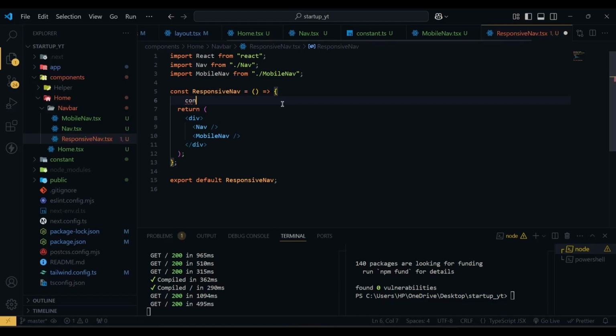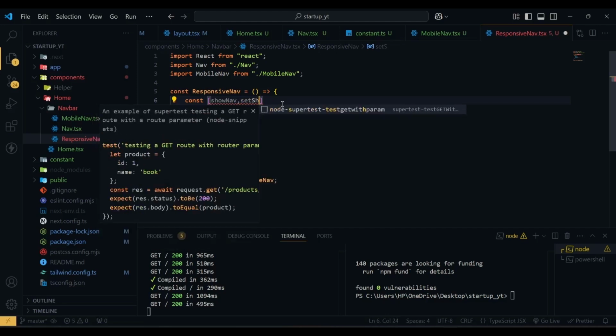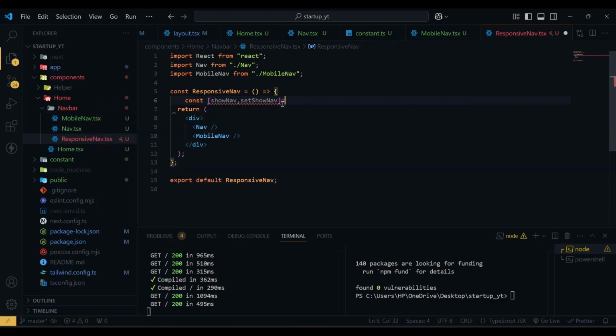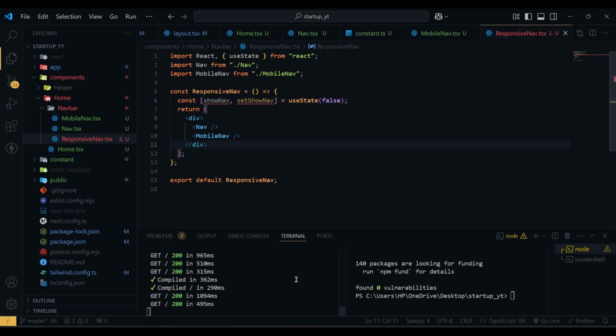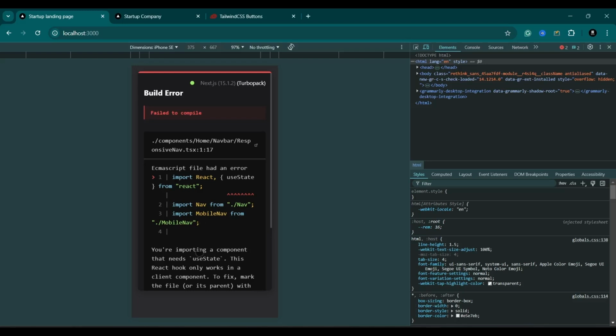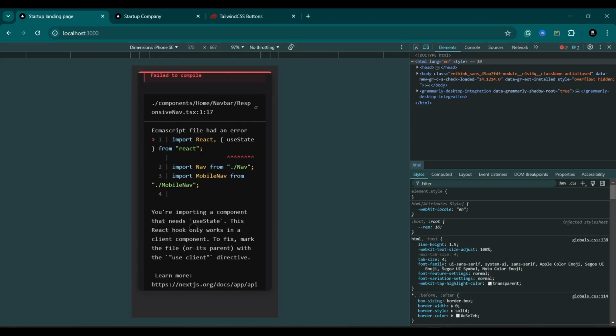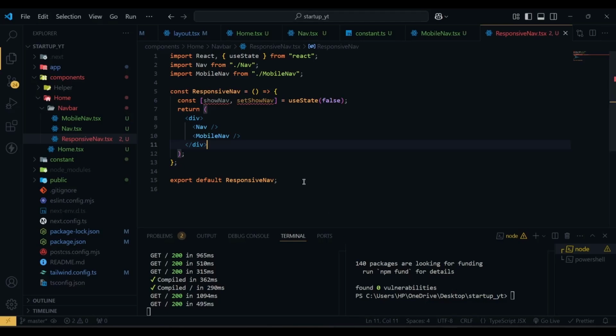So if I create a const showNav and setShowNav, and if I use useState, and initially this one will be false, and now if I hit save and go to our project, you can see it shows an error saying you are importing a component that needs useState. This React hook only works in a client component. To fix this, mark the file with the use client directive, so we need to convert this into a client component,